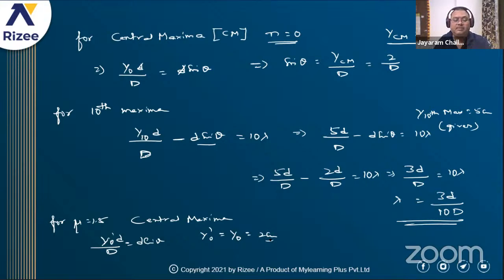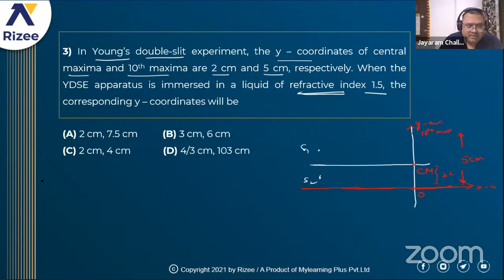So this is the information that we have. Now this value is going to be the same, no change in this one. Now in the same case, I have solved the central maximum here, after it is immersed in some refractive index. So I'll solve here for the 10th maximum,